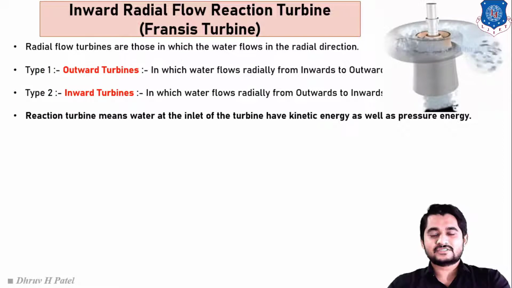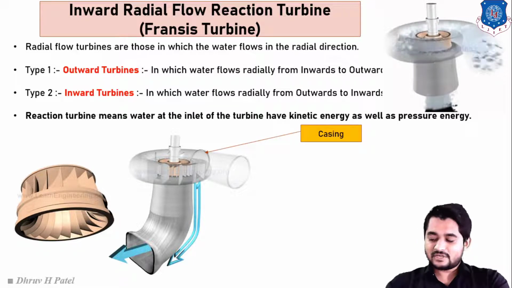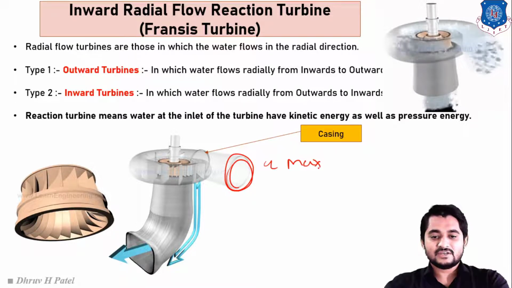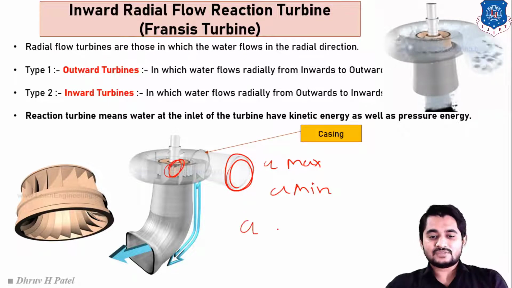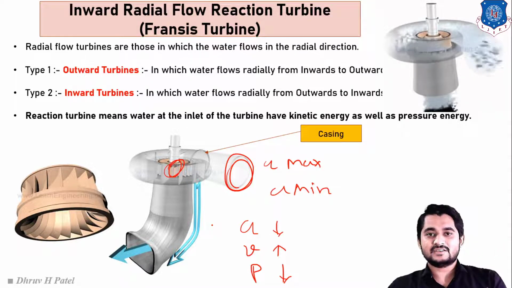This is the animation of the Francis turbine. So let us understand the schematic diagram of the reaction turbine or Francis turbine. The first component is the casing. Here a spiral type casing is used because in a spiral casing the area on the outer side will be maximum, and at the center the area will be minimum. Why is the area minimum at the center? Because at the center we have to reduce the pressure. If the area is minimum, then velocity will be maximum and our pressure will be minimum. So at the center the area will be minimum for the spiral casing, right?